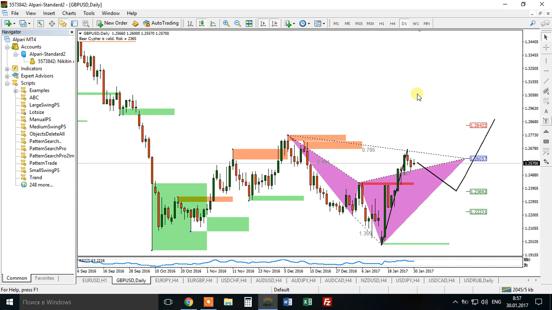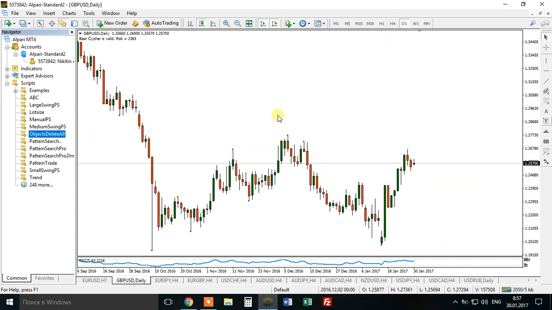If you are trading daily time frames, you are welcome on board to short this Cypher pattern. If you have that Cypher pattern on your rules of engagement list, if you have it in your trading plan, you are welcome. It is a valid Cypher pattern. You can trade it to the downside if the daily time frame is what you actually trade. I'm not trading the daily time frame, so I will switch to my 4-hour time frame to see some